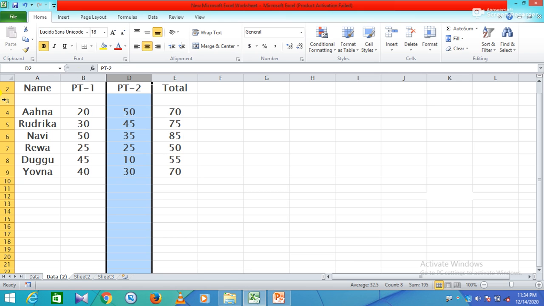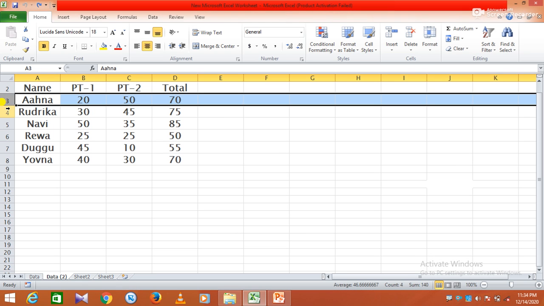Okay, so next is change the width and height of a column and row. By default a column width is 8.43 characters. Okay, its by default size is 8.43 characters. If the column size has a width of 0, suppose if you apply the 0 width, then the full column will be hidden.